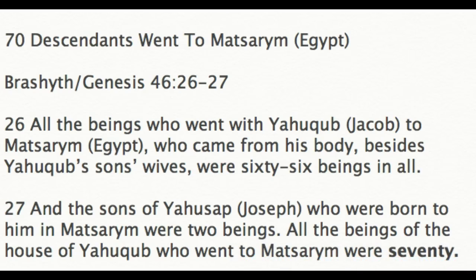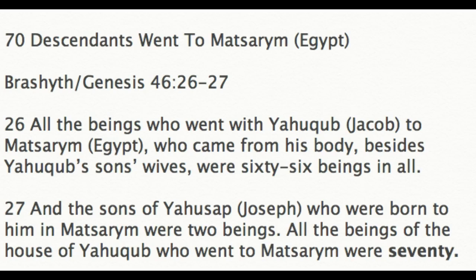And so here are some of the places that we actually see the number 70 in scripture. Now we're not going to go over all of them, but we'll go over the main ones, and I'll be sure to also go over where you see the number 70 in Strong's Concordance later on in the video. But the first place we're going to go over is where you see the 70 descendants who went to